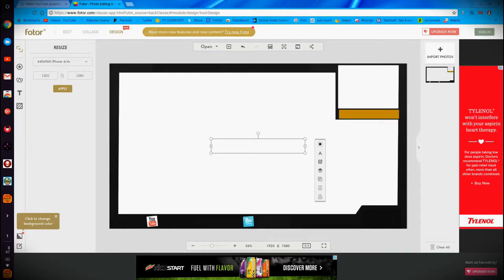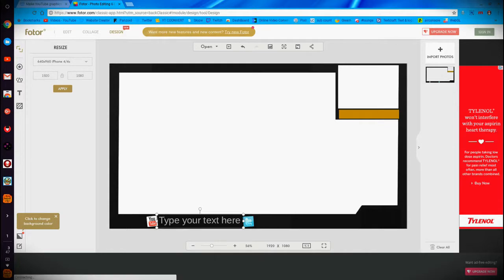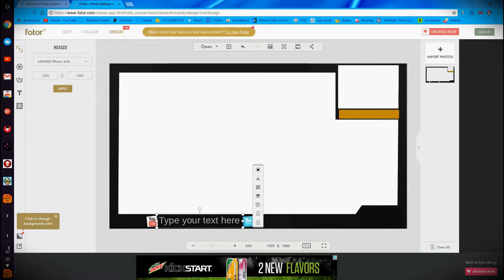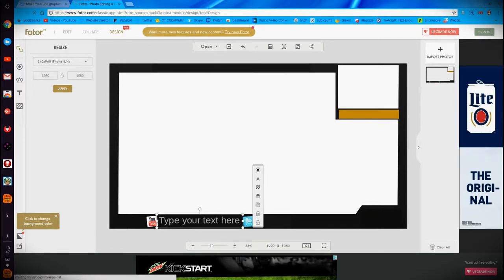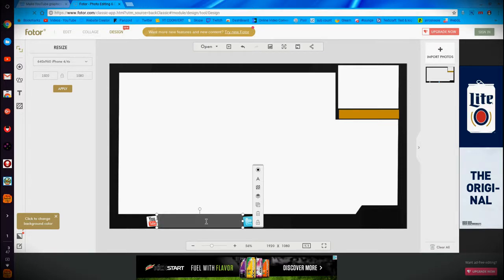So when we actually have that finished up, we're going to throw in some text now. So let's grab some text in here. We're going to drag this over to the YouTube thing right here. If you want to throw in your Twitter and YouTube, you can get a YouTube or a Twitter PNG and throw that in here as well by clicking import photos and then bringing that in here, and you can drag it along the side and then drag your text like I'm doing now. So of course for YouTube, I'm just going to put slimshaynee for example. Actually, no, I'm going to do graphics to show you guys